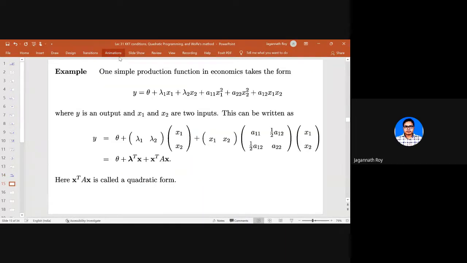So this is a quadratic form, more or less. Okay, if you remember, more or less here the maximum degree of a variable is 2, and this can also be written as